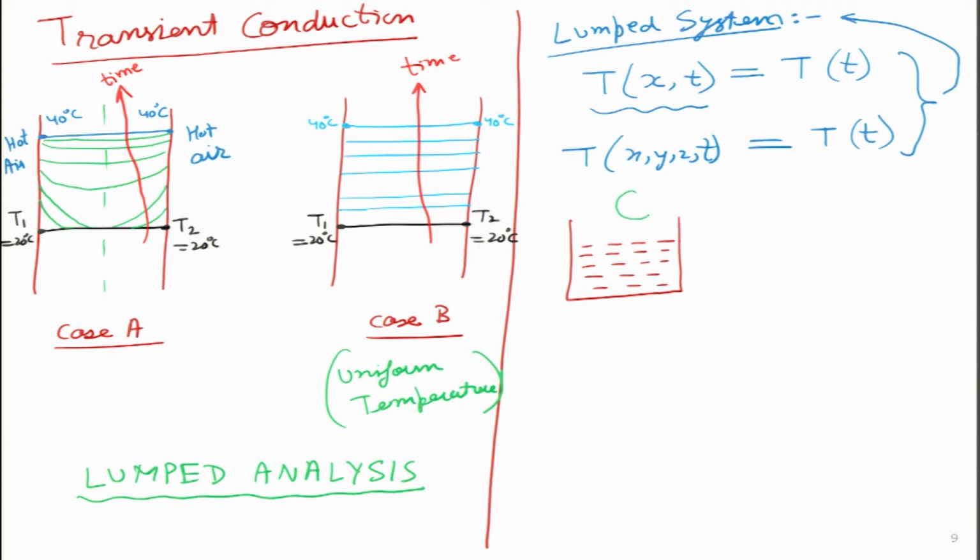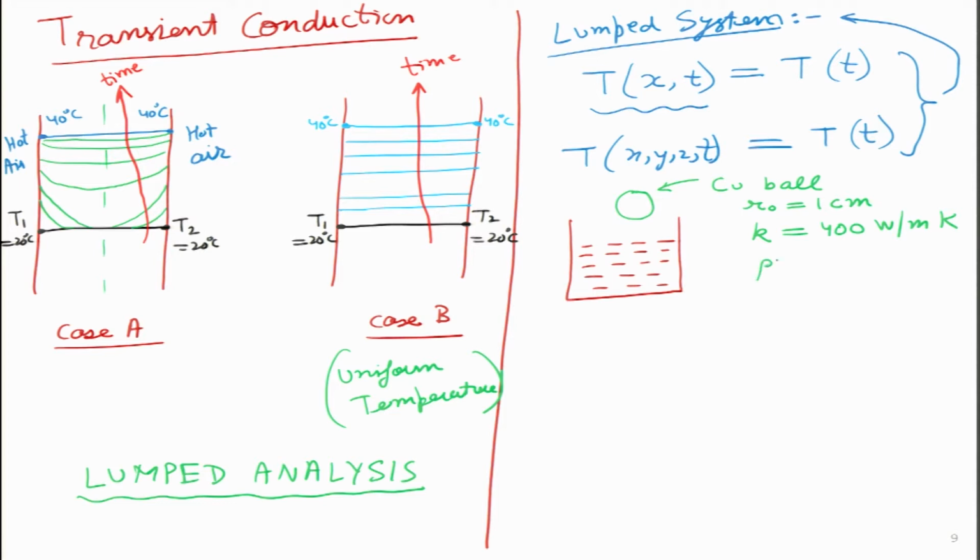So, this is my metal ball over here, and let me assume it to be a very good conductor. So, I am assuming that this is a copper ball. I am assuming I know everything about this ball, which means I know its radius. So, for simplicity I am taking it as 1 centimeter. From the thermal properties table, I can figure out thermal conductivity of copper is approximately 400 watts per meter Kelvin.